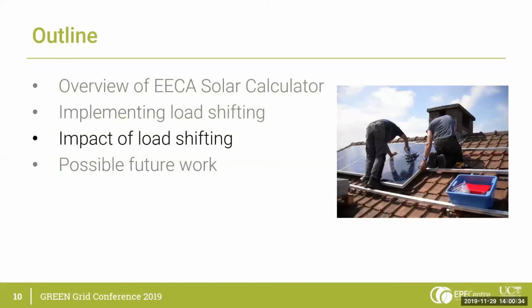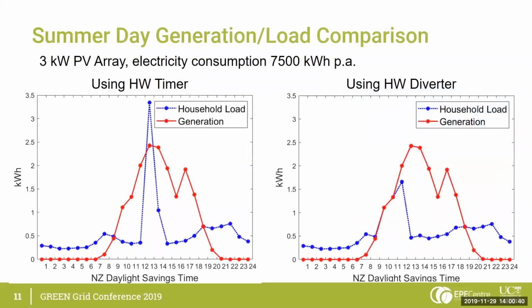So now I'd like to look at some of the impact you can see from looking at the load shifting. This shows summer day generation load components for, say, a typical scenario of a 3 kilowatt array. The user is about a sort of mid-electricity user, 7,500 kilowatt hours per annum. And if you look at the generation in red, the blue curve represents the hot water, assuming a